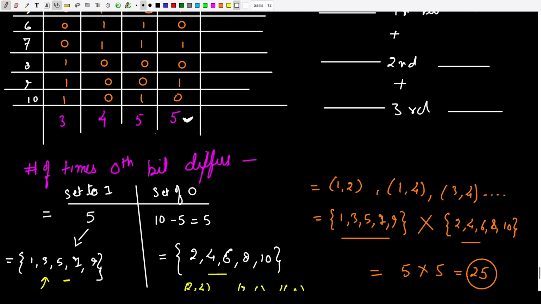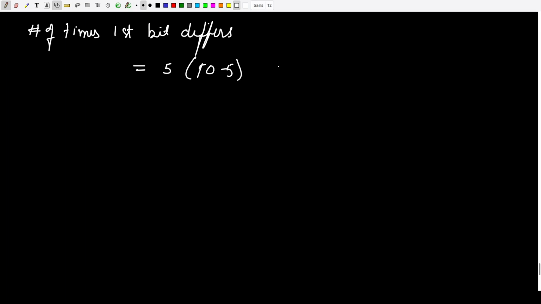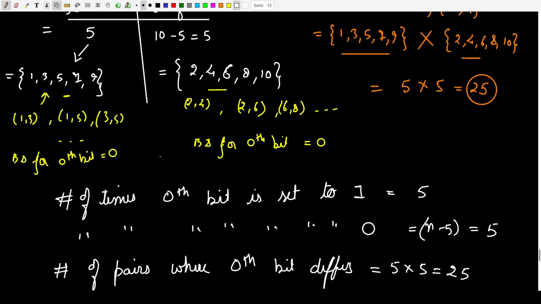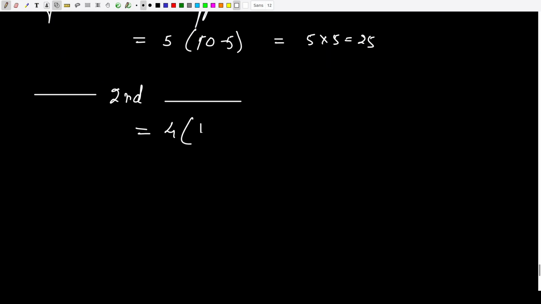Similarly, if we want to compute the number of times the first bit differs, this is again 5 for the number of times the first bit was set to 1, and 5 for the number of times the first bit was set to 0. So this is again 5 into 5, which is equal to 25. Similarly, the number of times the second bit differs will be equal to how much? The number of times the second bit was set to 1 is 4. So this is equal to 4 into 10 minus 4, which is 4 into 6,